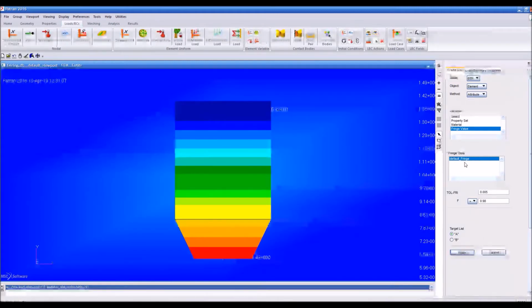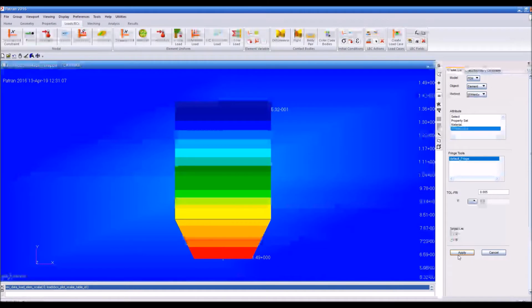We change the F to minus, and we're going to put 230.0. Then we're going to select the target list to be